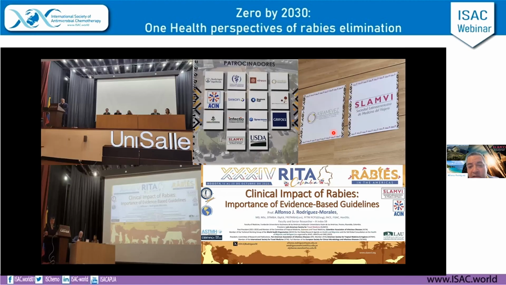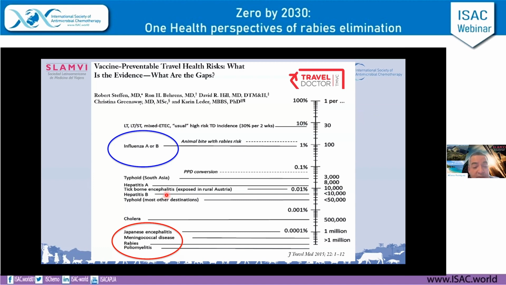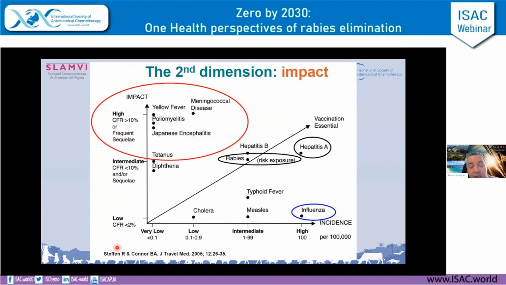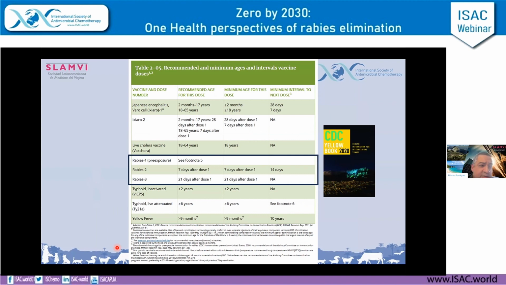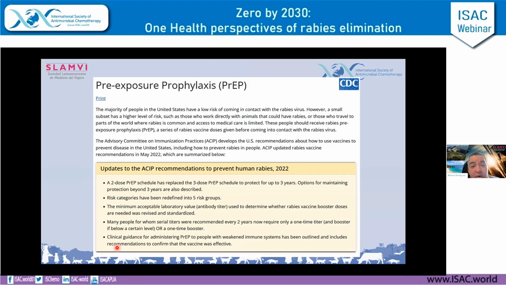And we have participated this last month in the Rabies in the Americas conference, which is an important opportunity to highlight this aspect and to remember, for example, that in travelers, rabies is an important condition because of the exposure in dog-transmitted rabies risk areas, as has been highlighted in multiple studies. I will not discuss this any further, as has been already presented regarding pre-exposure immunization for rabies, pre-exposure prophylaxis, the guidelines.